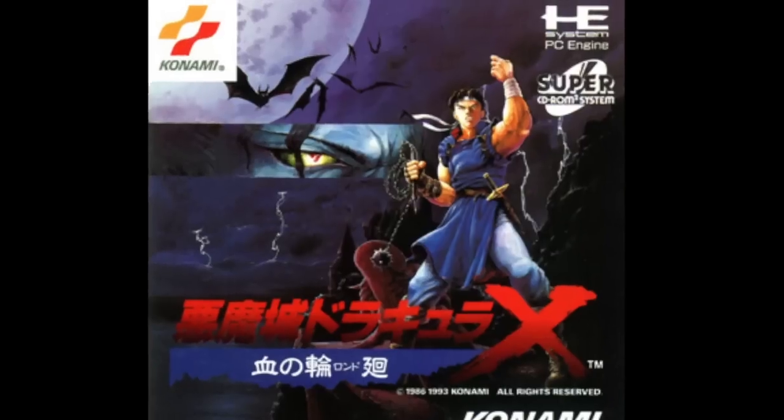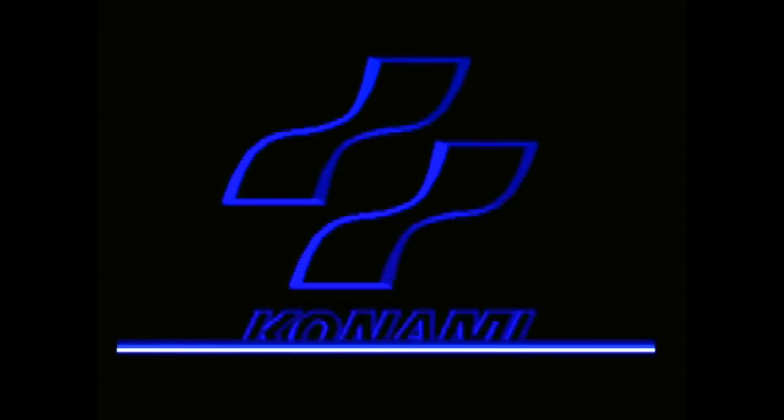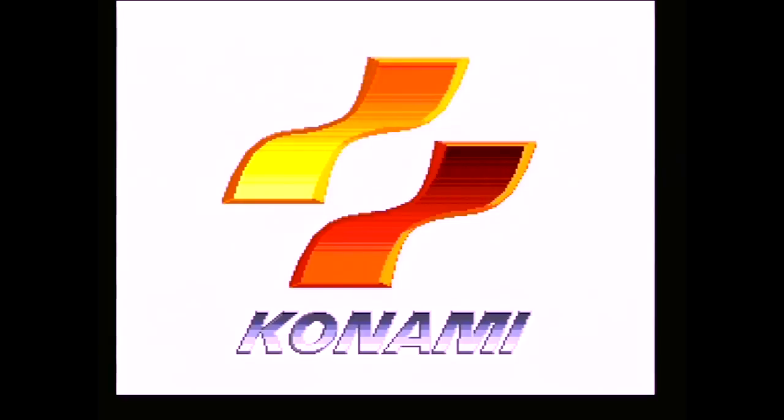Castlevania Rondo of Blood was released for the PC Engine Super CD in October of 1993. Famously, the game was only released in Japan, where it's known by its proper name, Akumaju Dracula X Chino Rondo. But unless you're a weeb, the game is most commonly known here in the States as either Dracula X or